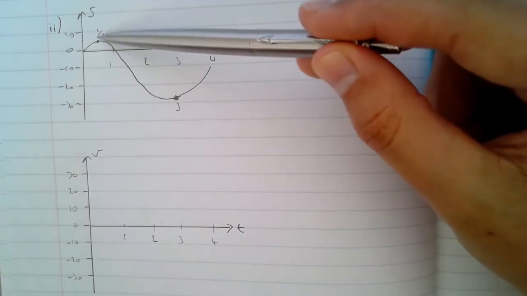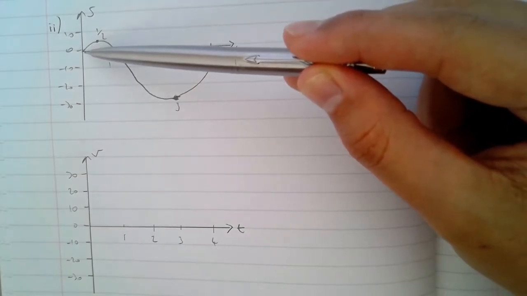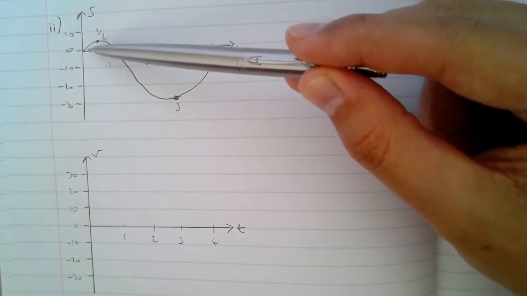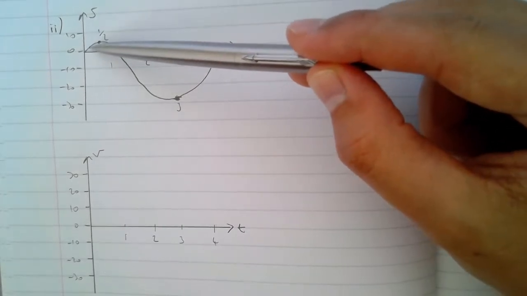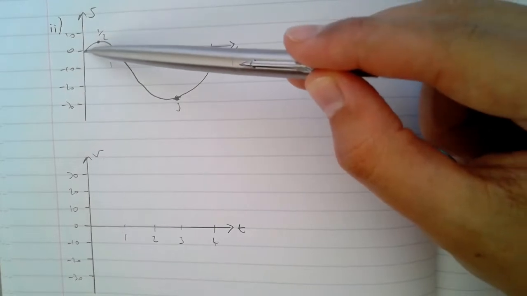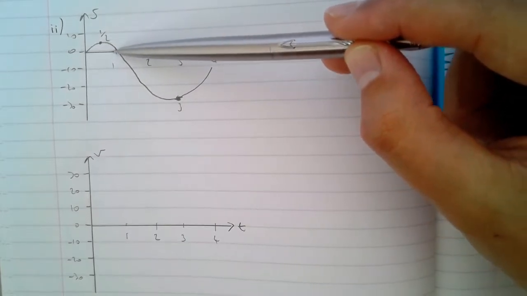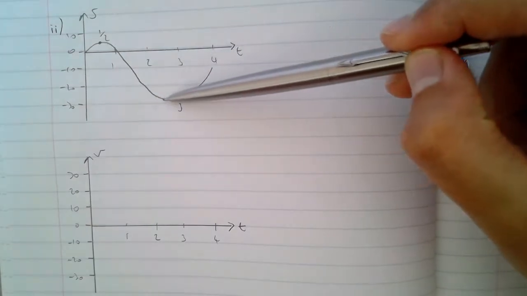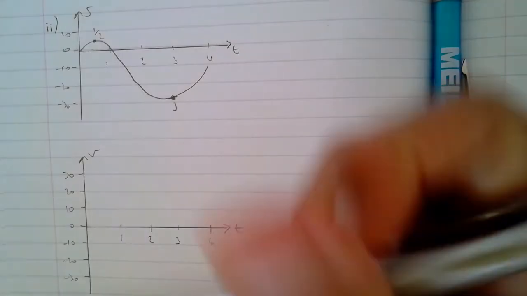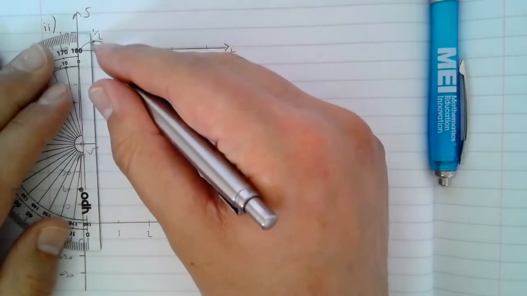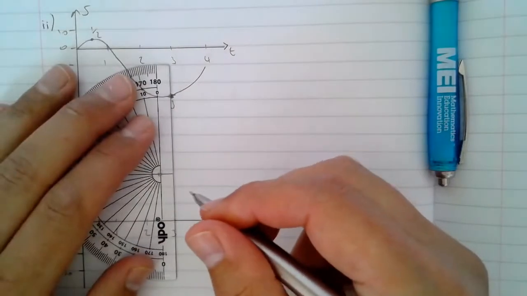If it's gone away and starts coming back towards it, that means that at some point it has stopped, because it's changed direction. So it's stopped for a second, at the turning point. So it goes away, stops momentarily, comes back towards, goes away, stops momentarily, comes back towards. Because I know that it's stopped there momentarily, I can think about dragging those points down to here, and they must be the roots of